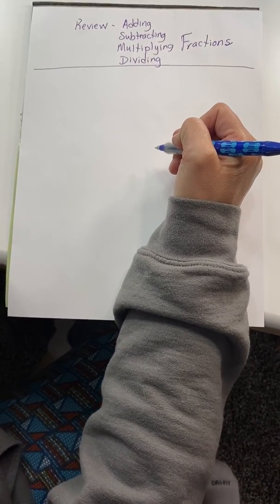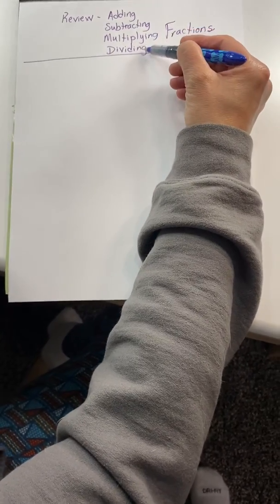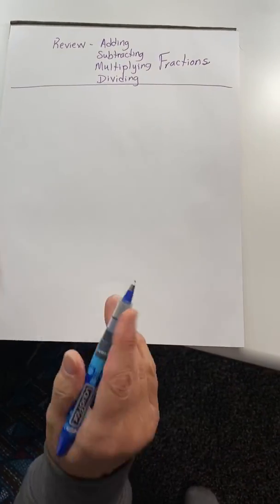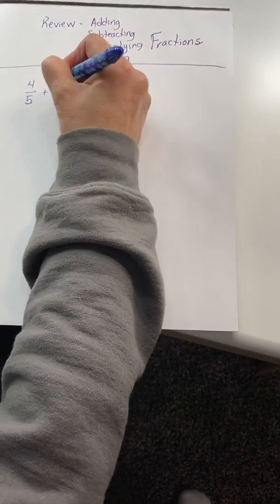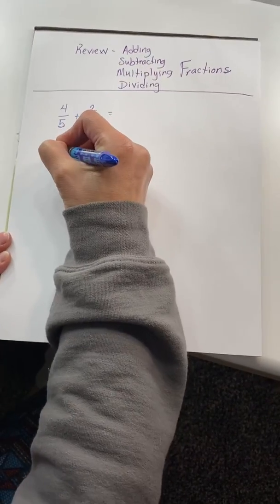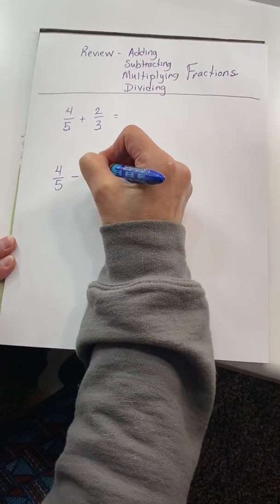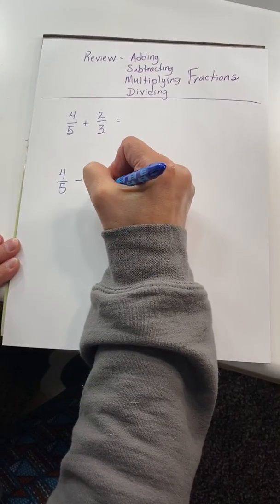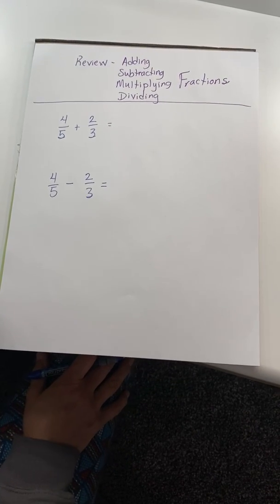Today we're going to do a lesson on reviewing adding, subtracting, multiplying, and dividing fractions. All right, we're going to start with a fraction 4/5, and we're going to add 2/3 to it. We're going to compare that to subtracting, and we're going to use the same 4/5, but we're going to take away 2/3 from it. Now, whenever you see that it's adding and subtracting fractions, the first question you should ask